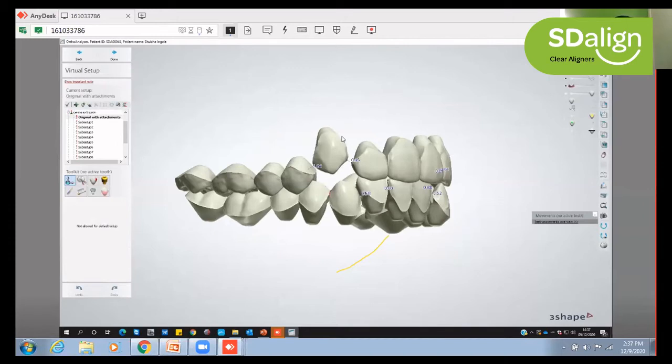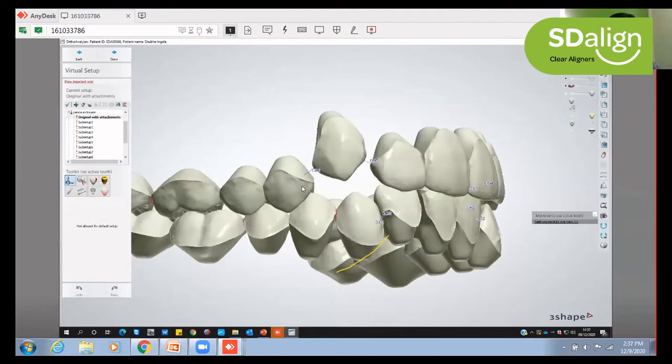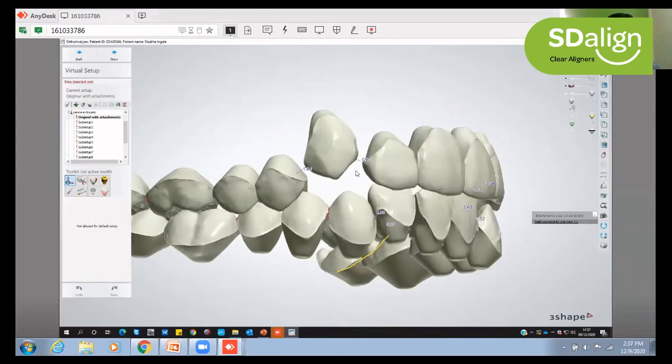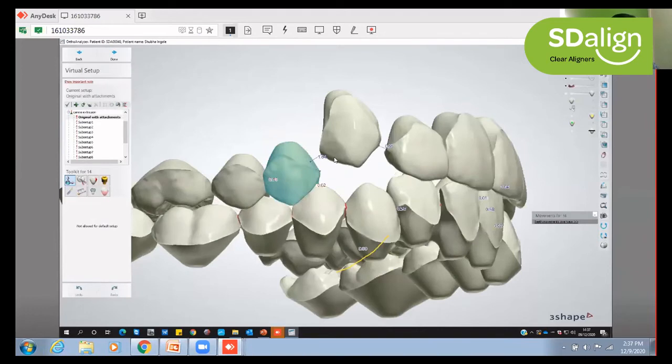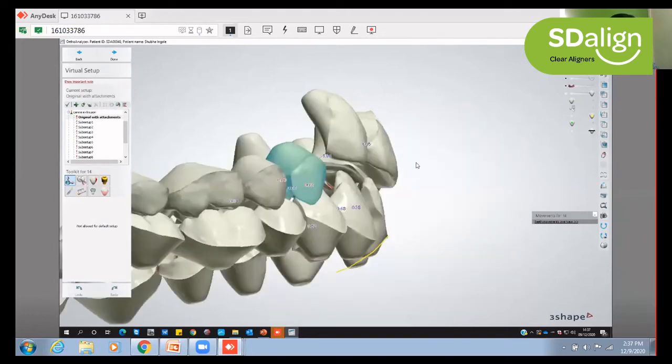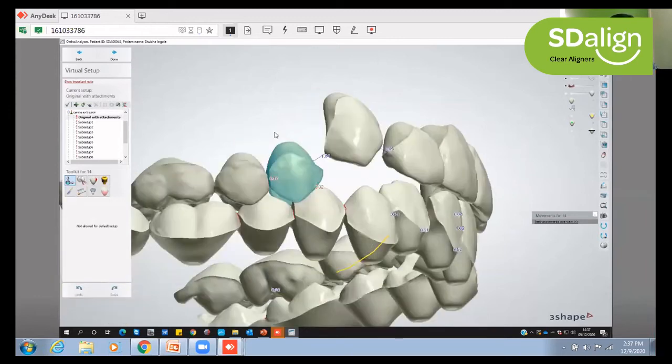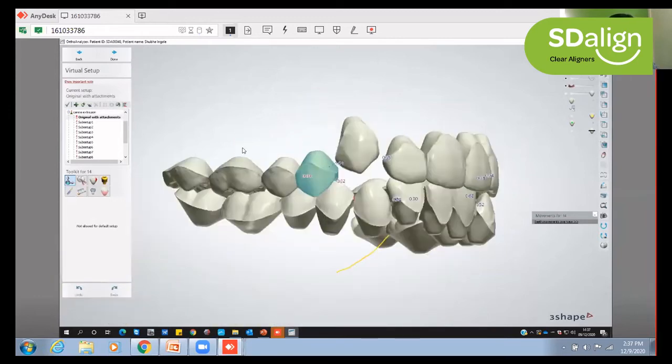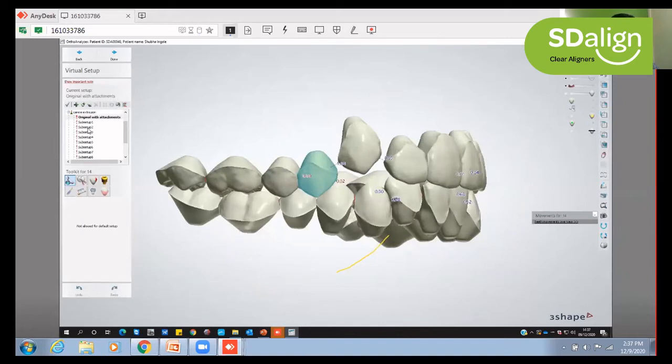But if you see, the software is also showing us the amount of space available between the canine and the adjacent teeth, which is a good 0.05 or 0.09 for the canine and the lateral, and between the canine and the premolar we have a good millimeter. And another good thing is we have to slightly tip the canine also down so that it will be a trackable movement. So if we build up a radial movement or an arch-wise movement, it is much more trackable. So let's see for the 5 stages what is going to happen now.